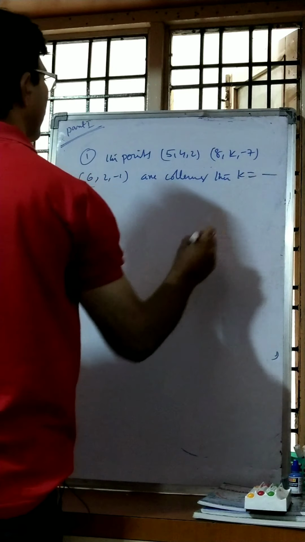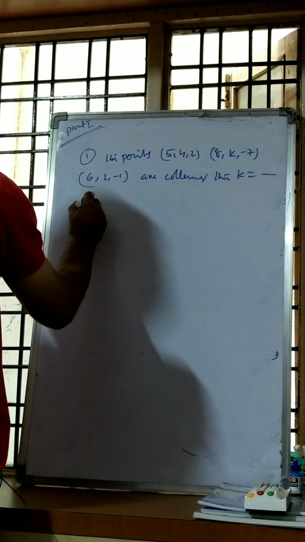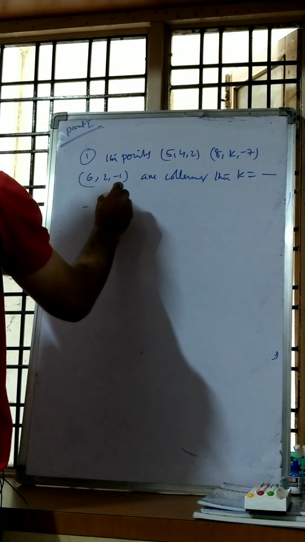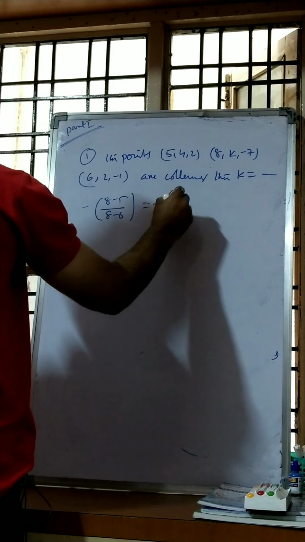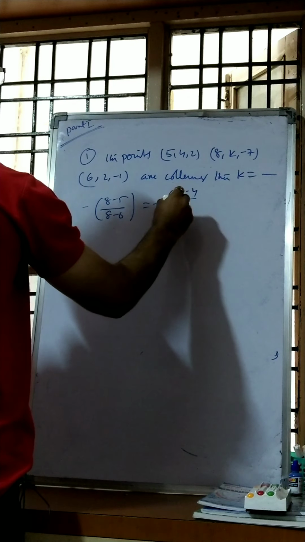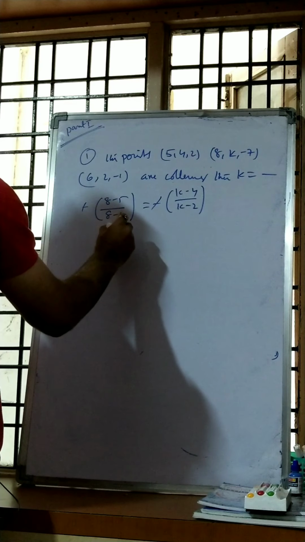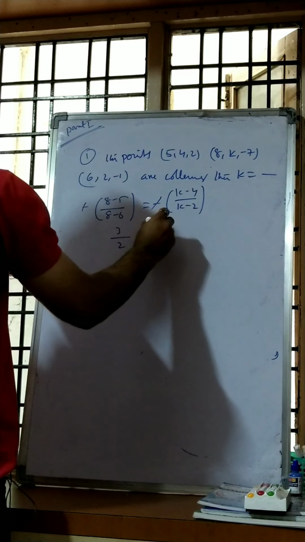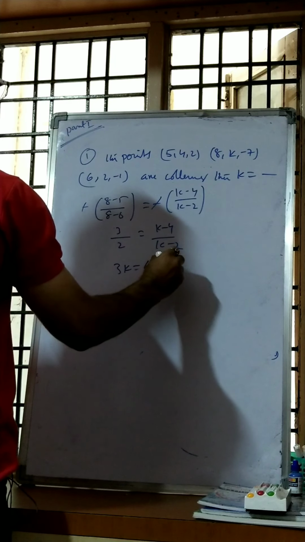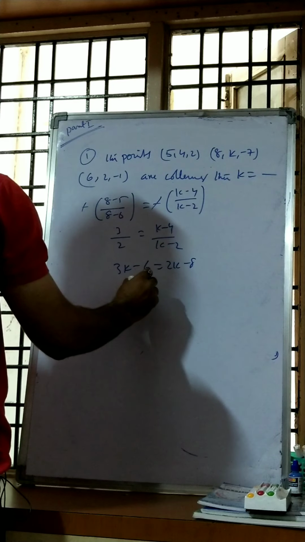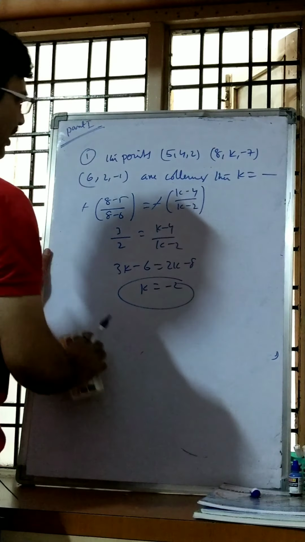Then k is equal to dash. Your wish, you can take whatever you want, you can do it here. With respect to x, you see here I want to write like this, 8 minus 5 divided by 8 minus 6 in this case. Now I would like to take k minus 4 divided by k minus 2. Enough, I will get it over here itself. Minus is gone, whatever this 3 divided by 2 is equal to k minus 4 by k minus 2, 3k minus 6, here 2k minus 8, and see here k is equal to minus 2. K is equal to minus 2, right, like this.